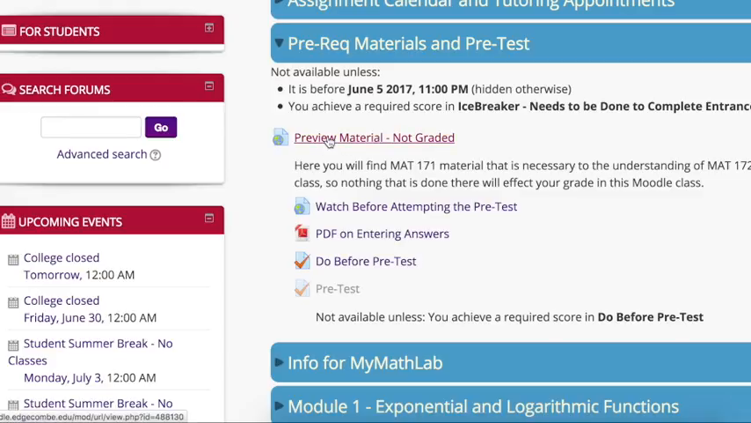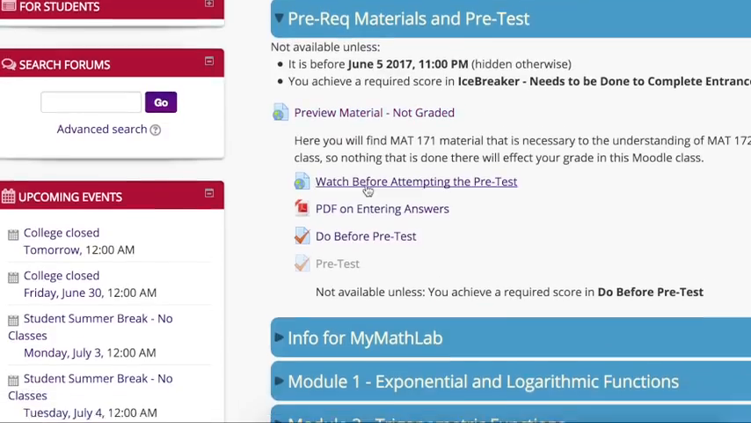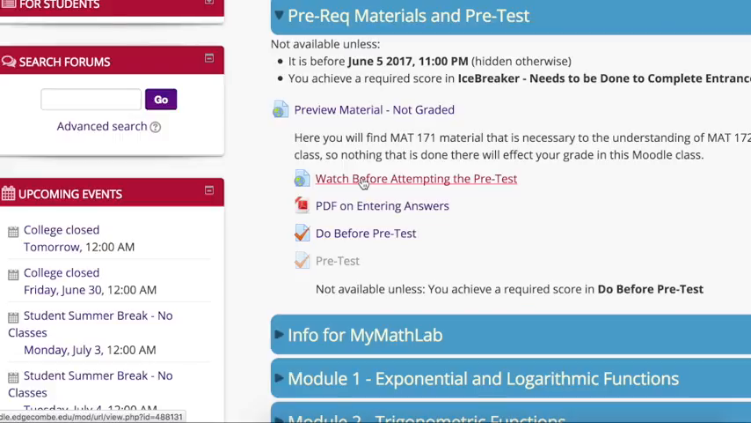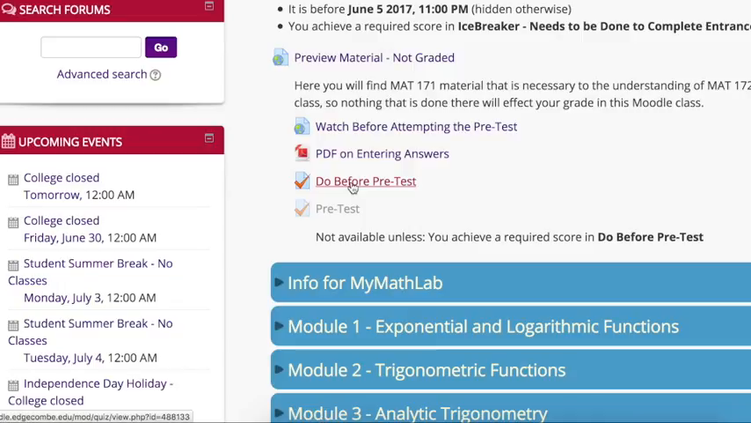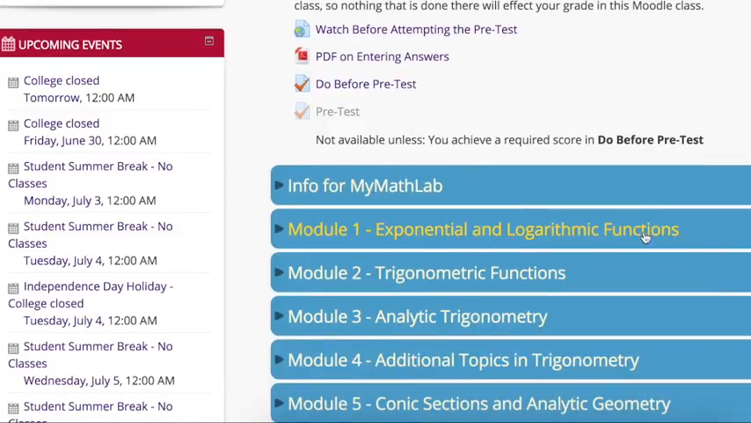This one is another Moodle layered course. It has the preview material, so you can look at older material from Math 171 to kind of catch up on what's in the pretest. There's a video on how to enter answers into Moodle's quiz type. There's a PDF on how to enter answers, the syntax of it all. You need to do the before pretest to show you how to enter the answers and make sure you're entering them correctly, and then you can open up the pretest and take it. After you take the pretest, Module 1 will open up,